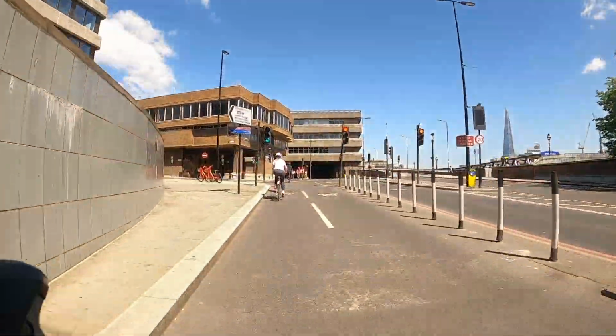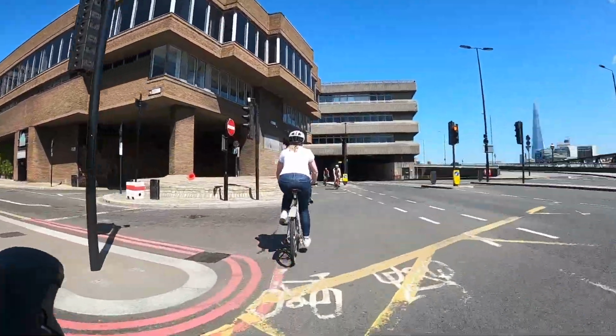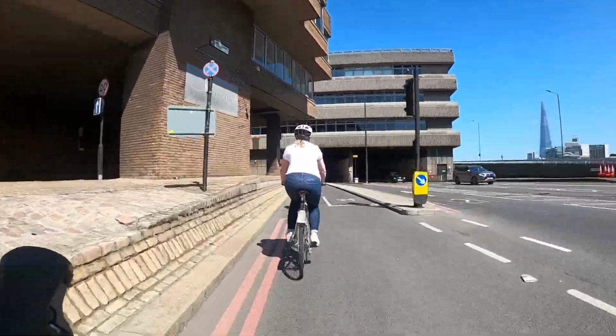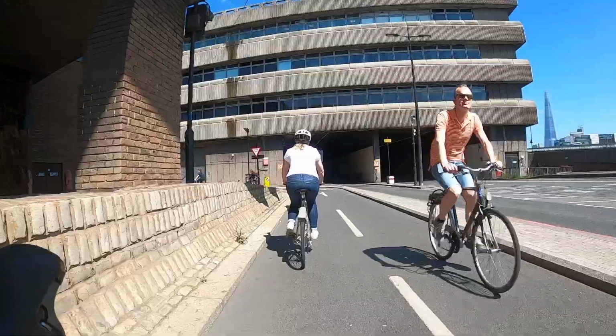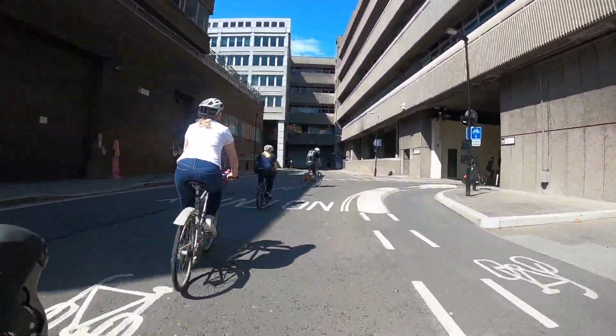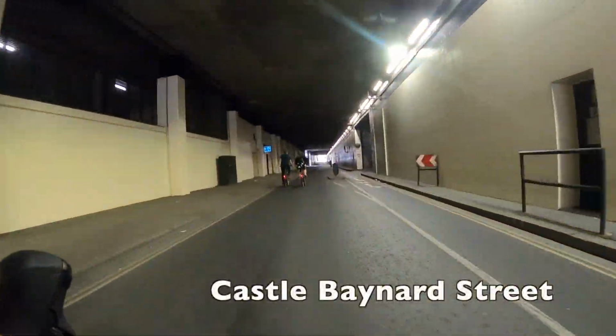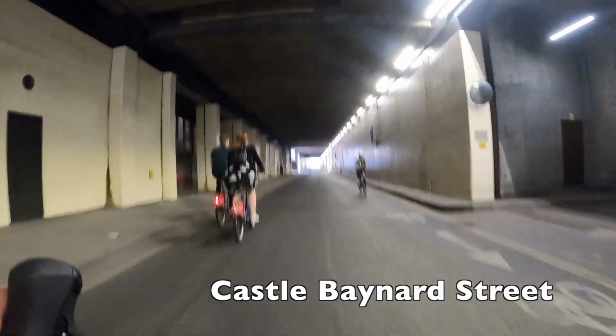And we're going under the bridge. Make sure you pay attention to the signals here. And just coming up here, the cycle lane actually ends, and it puts us onto a quiet street called Baynard Street. I think a lot of people who use this route may not even know that the cycle lane ends here. It's that subtle, and I just think it's worth pointing it out because occasionally,